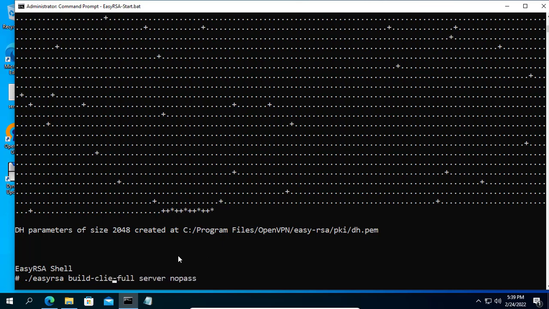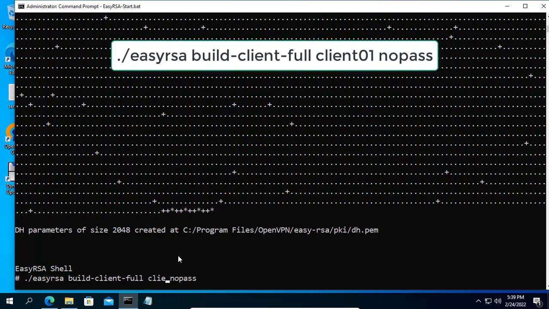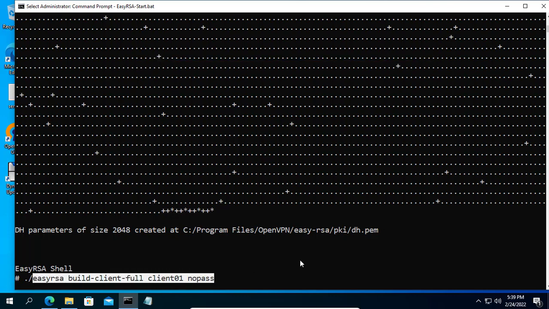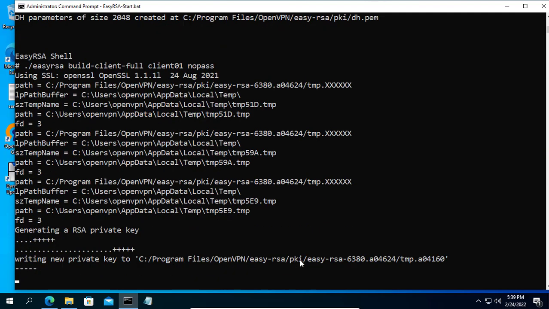We return to the command window to create the necessary files for the OpenVPN client. On OpenVPN client, 3 files are needed, including ca.crt, client01.crt and client01.key.